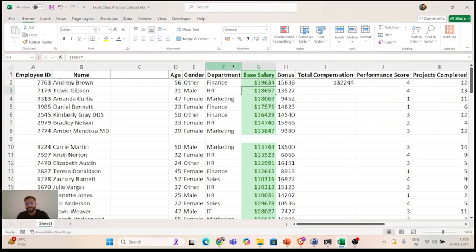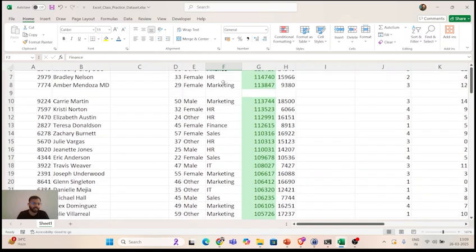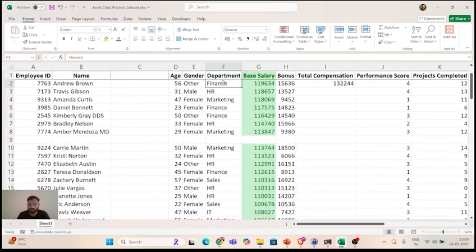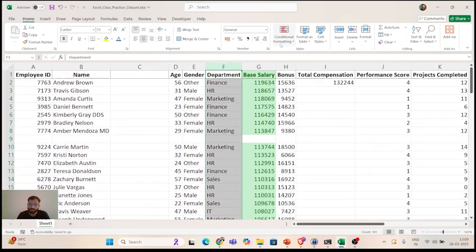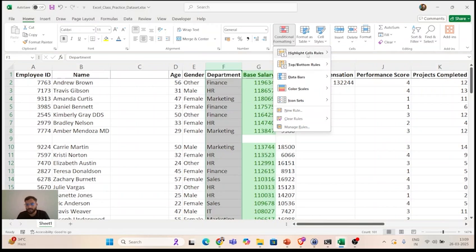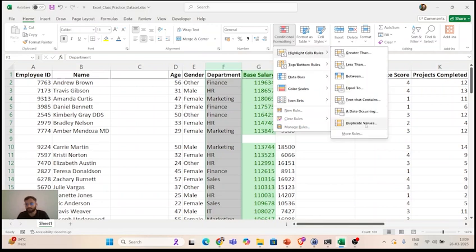Correct? Now, if I want to, let's say, highlight the duplicate values, so obviously you can very clearly see that in finance, multiple people can stay in a department. That's possible. So lots of people have finance, marketing, IT department, so there are lots of duplicate values in this column. If I want to highlight them, select the column, conditional formatting, highlight cell rules, duplicate values. This is a very important thing, guys. To handle the duplicate values or to remove the duplicate values, the first step is to identify the duplicate values, whether they exist or not.